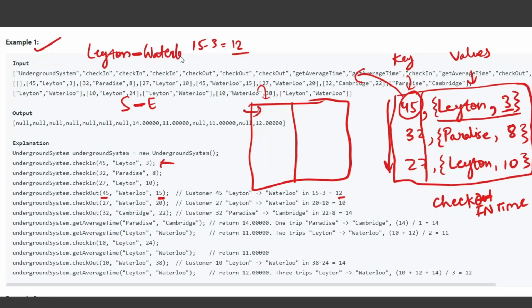This is our key. So we use this key and store the value. What will the value be? The value will be 12, and we need one more thing to get the average. And what is it? It will be the number of travels, the number of travels that happened from this station to this.